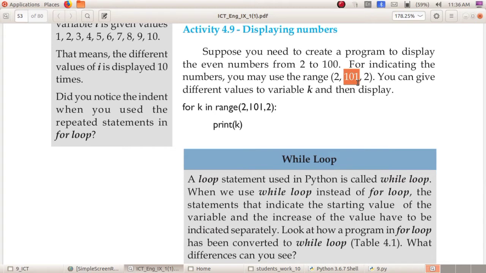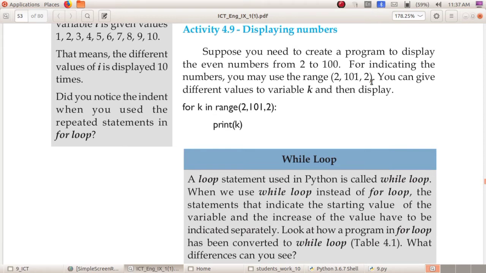No. Why? Because if you give 100 here, then the even numbers will be displayed from 2 to 98, and the number 100 will not be displayed. So for displaying 100, we have to give 101. Then this 2 is the difference.